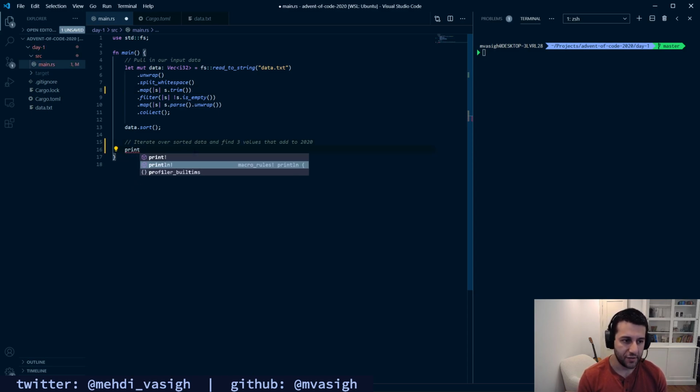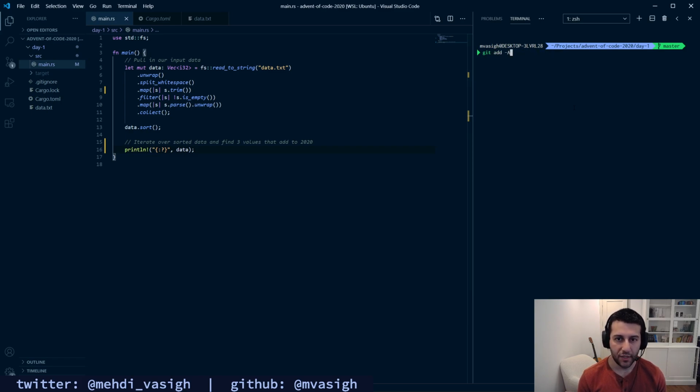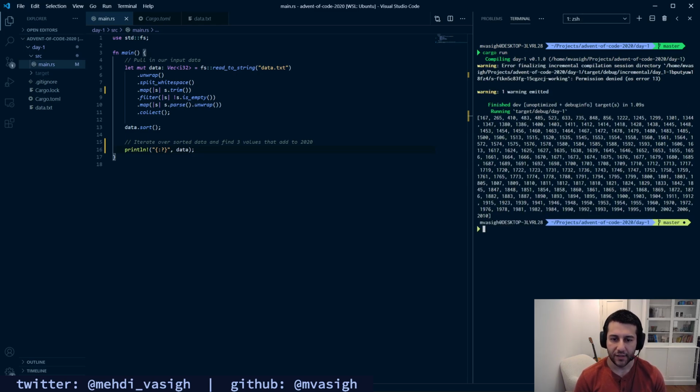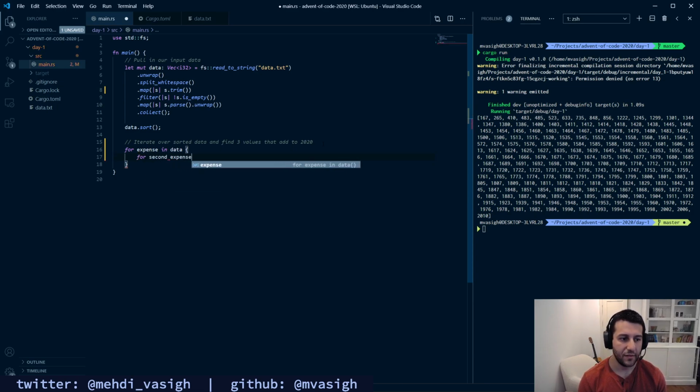First of all, I want to know how this data is sorted. So let's maybe do this kind of syntax. Data, I need to borrow it, or actually maybe I don't because it's mutable. I don't know yet. One day we'll know. So this is sorted in ascending order, I suppose. And so we can just loop over this. So I would imagine I could just do for expense in data, for second expense, or let's do first expense for expense 1, expense 2 in data,